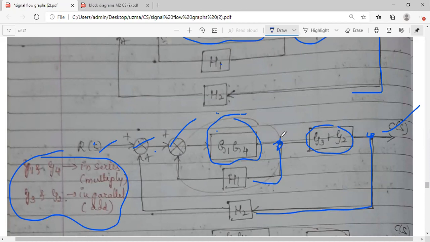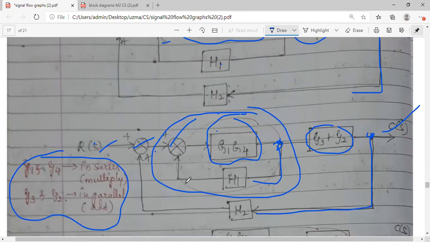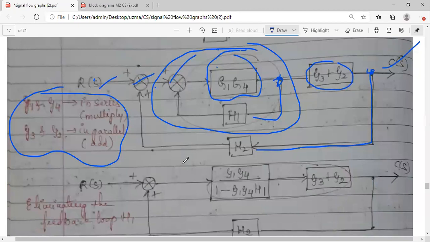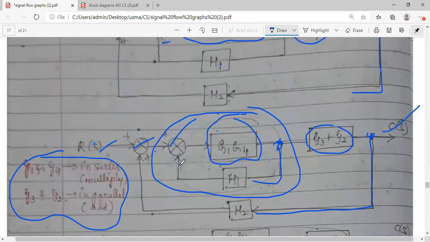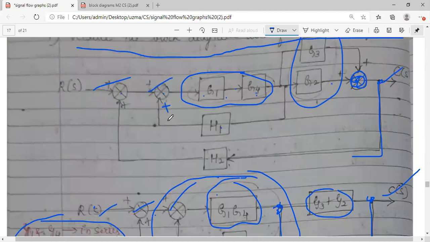The next step would be, I can go for this particular feedback reduction. You have a feedback loop here. Okay, there is a negative sign here. Negative or positive? I think it's a negative. I think it's a positive sign. That's why I have taken negative here. I have not mentioned. Take it positive. Okay, the positive feedback is given here.